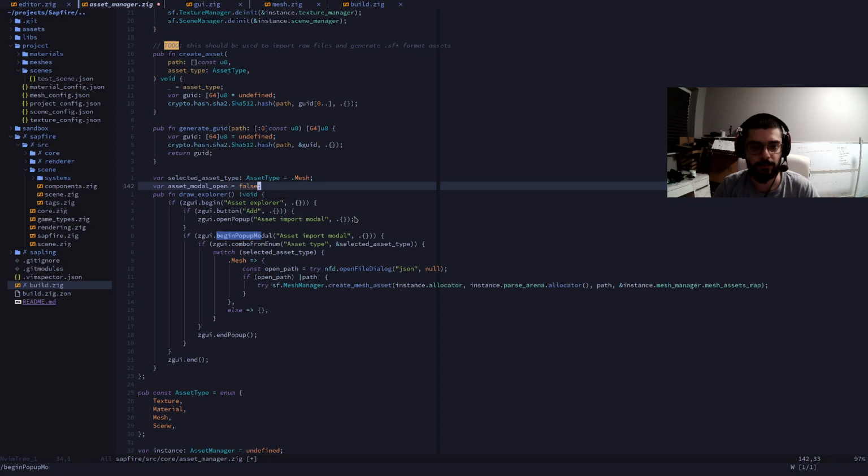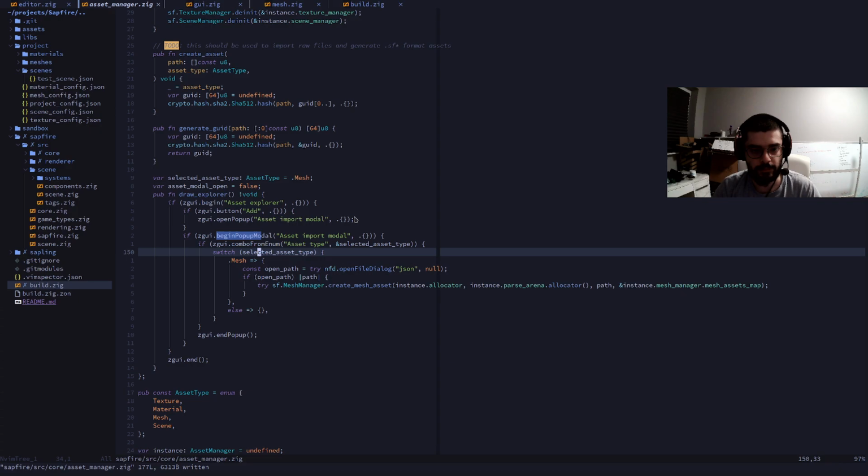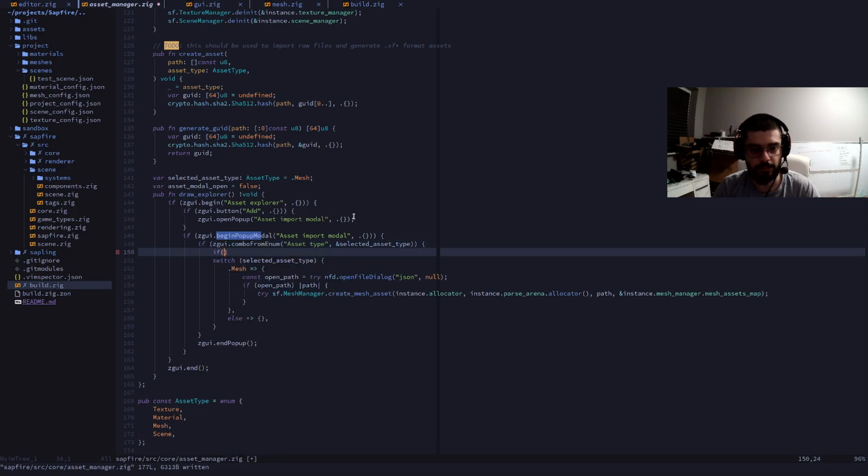Let's make it false. And then here we're gonna add if the GUI button